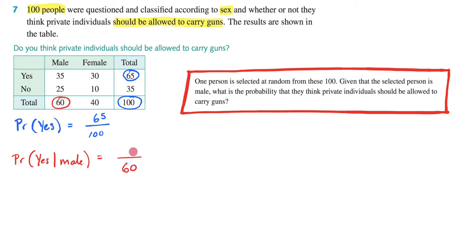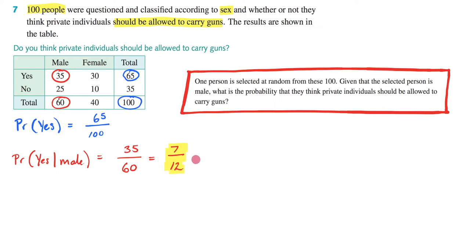So too, for our numerator, are we going to say that the total amount of people who said yes was 65? Of course not, because this 65 was the addition of the males who said yes and the females who said yes. But these females aren't going to be relevant for figuring out the probability of the males who said yes. So rather, I'm going to take my 35, the males who said yes. And now I can simplify this. 35 divided by 5 is 7, and 60 divided by 5 is 12. So that's going to be my answer. If you look at the back of the book, your answer is going to be 7 on 12.